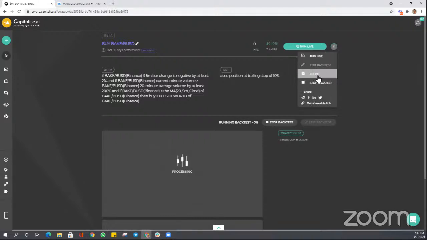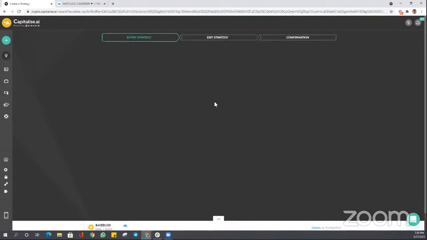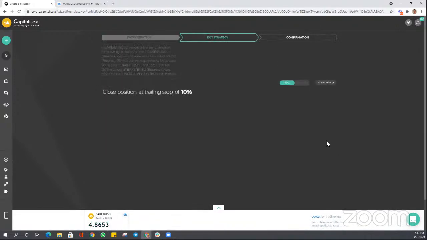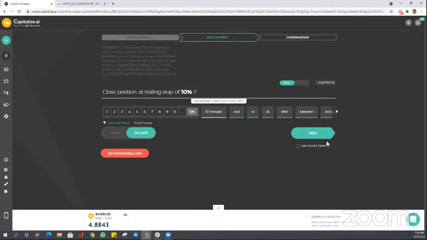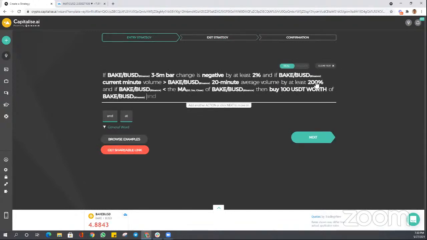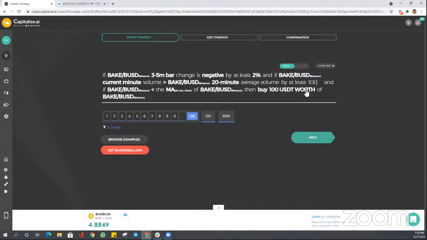This is what you should be doing, traders. You don't have to stay on the page for them to run, just clone it. Sometimes it's best to name the strategy, so when you're looking down your list after setting up a couple of trades, you'll remember what they were. We're on 100%, I think. Okay, we'll click next,